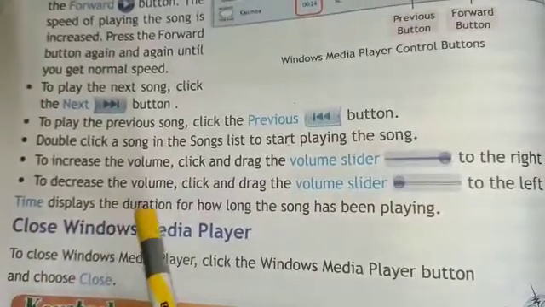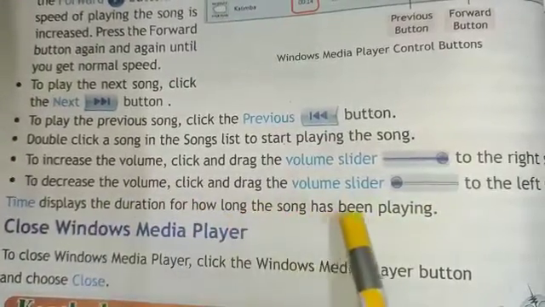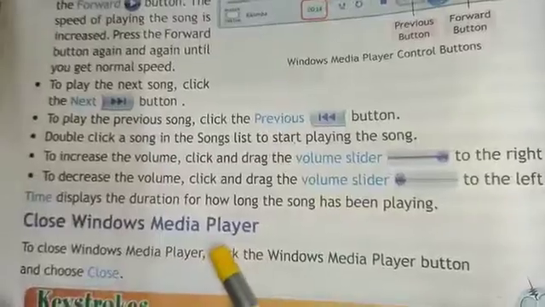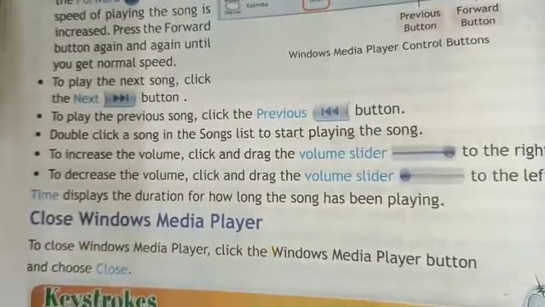Time displays the duration for how long the song has been playing.